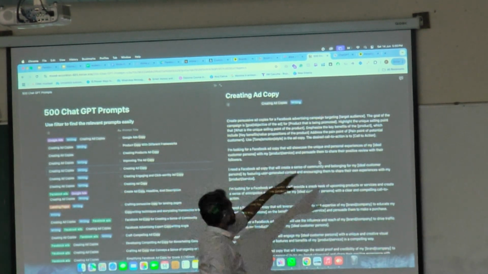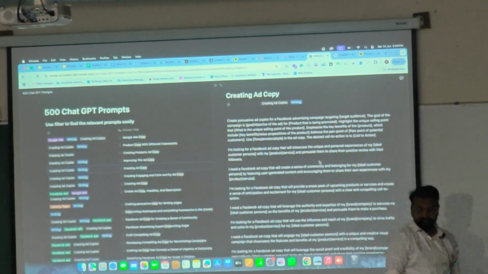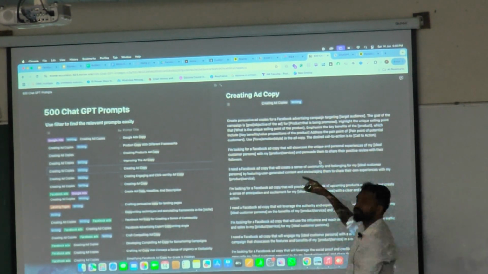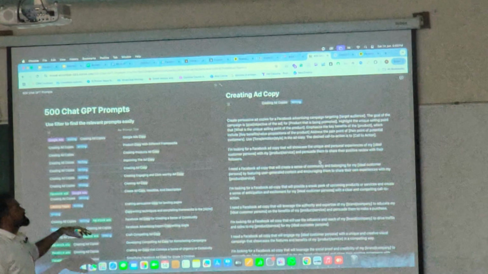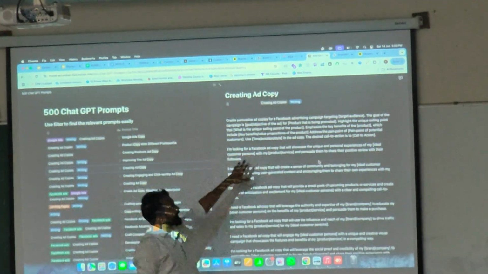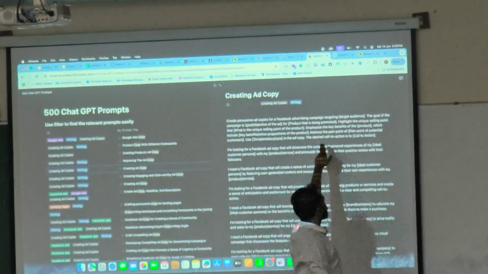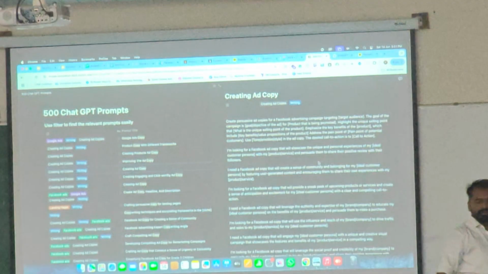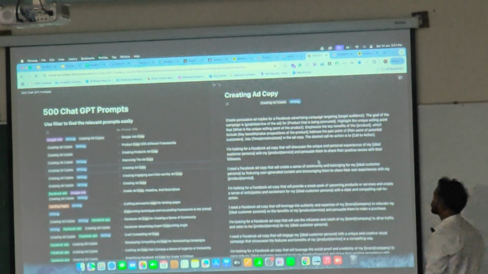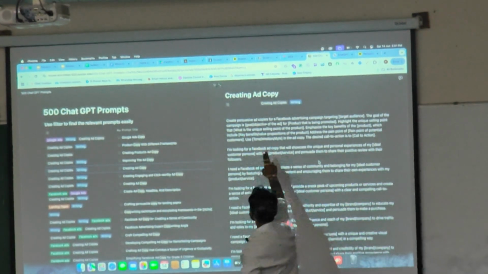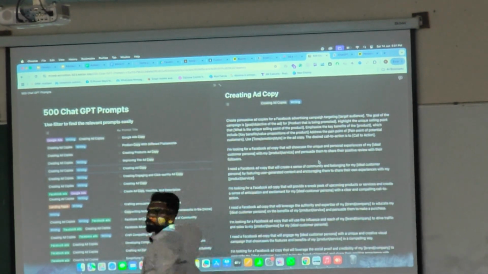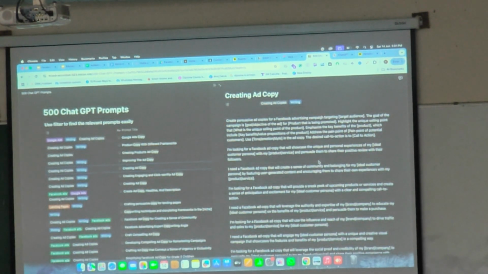जो भी हो. The goal of the campaign is, what is your goal? Maybe the first goal is awareness. So your first goal was awareness. The goal of the campaign is to spread awareness for whatever product you are selling, then highlight the unique selling point. What is the unique selling point of your product? Type the unique selling point of your product over here if possible. That could be your positioning statement as well.